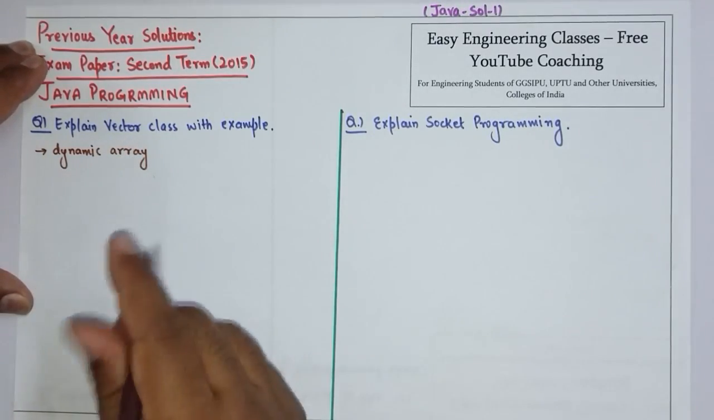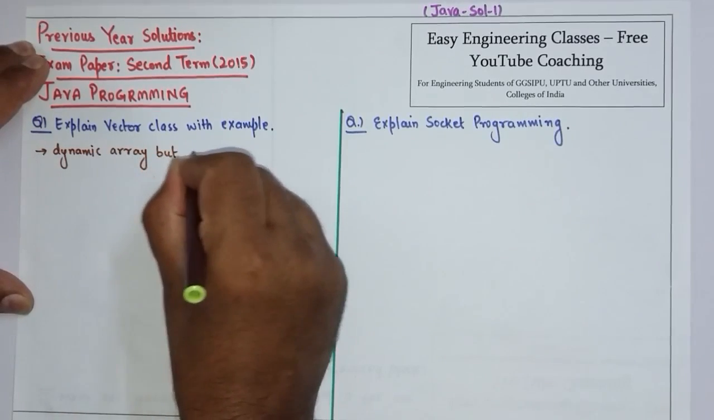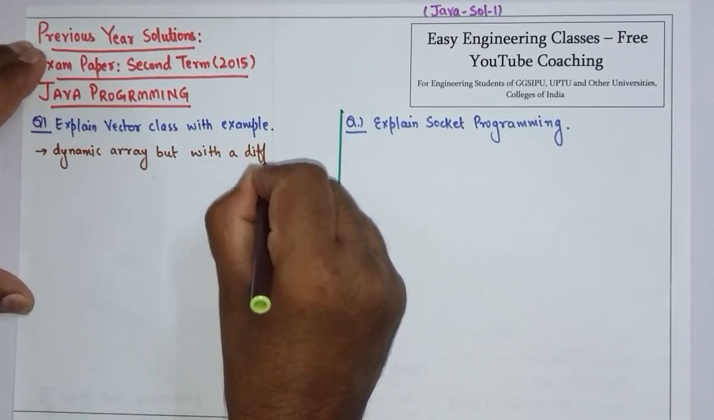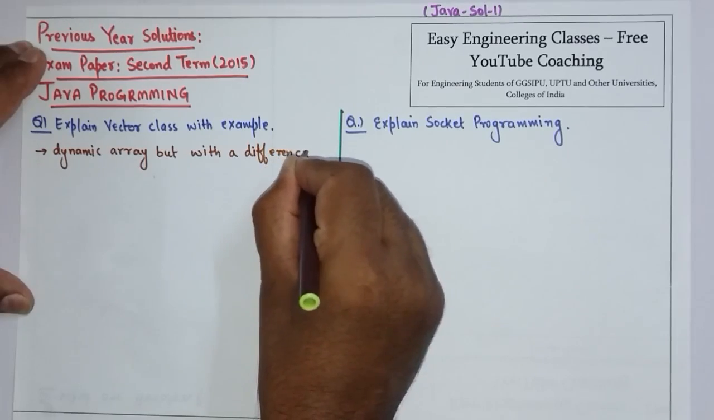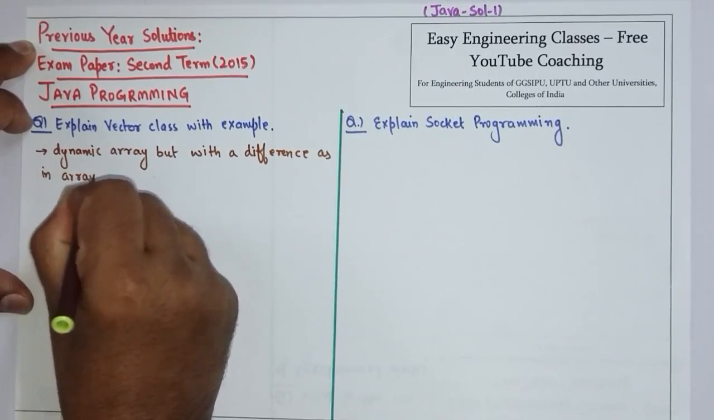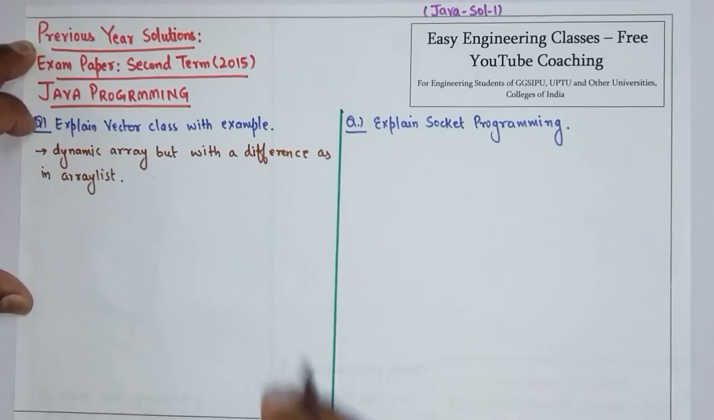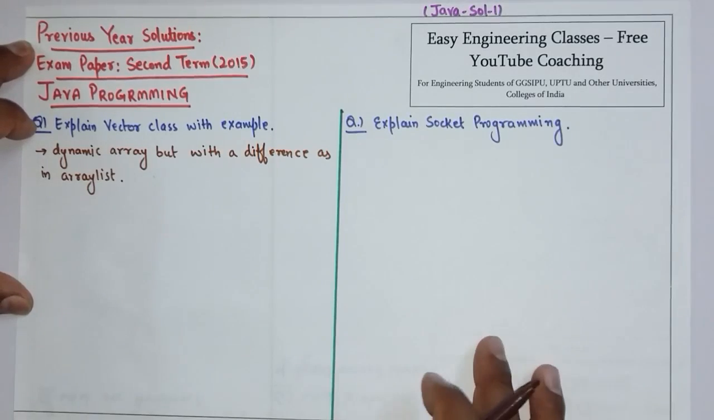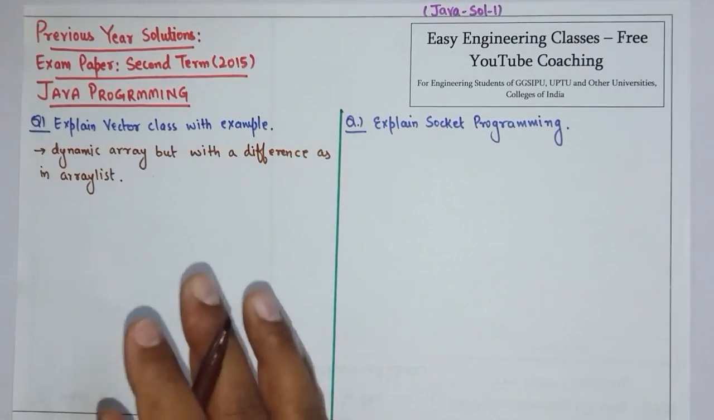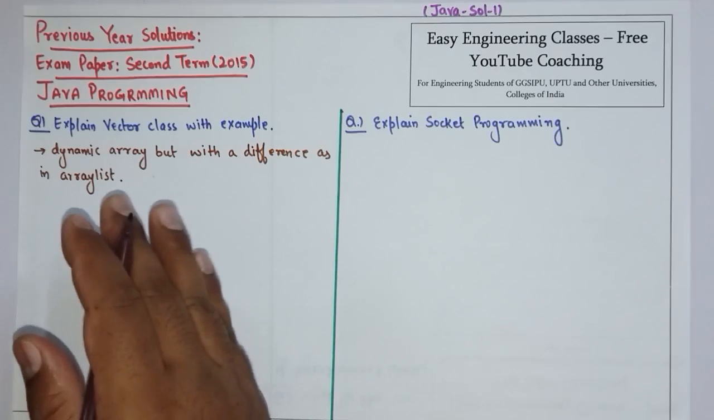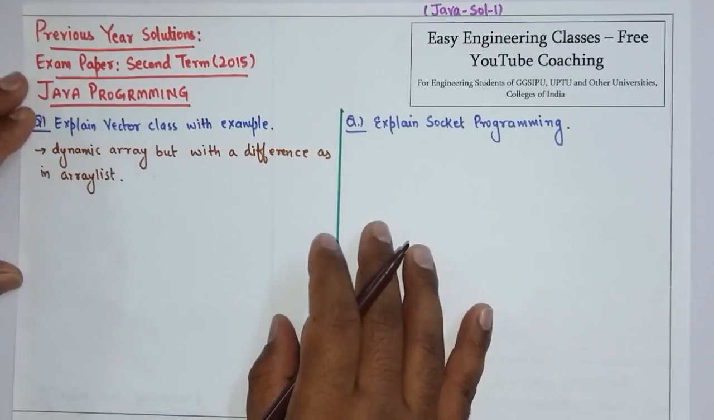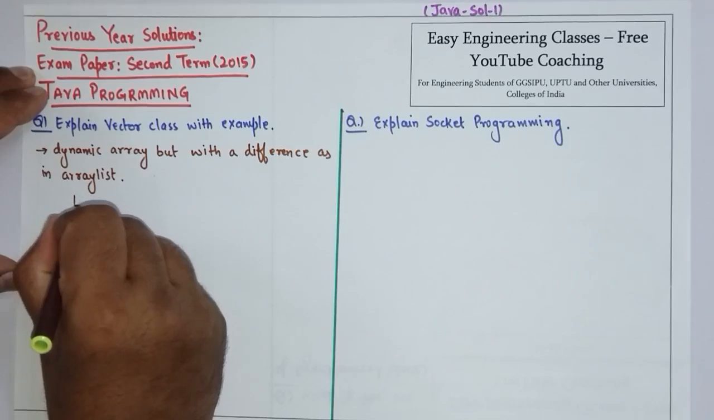Vector class implements dynamic array but with a difference as in ArrayList. Since ArrayList is also a dynamic array and vector is also a dynamic array, so there must be some kind of difference between the two. तो आपको क्या करना है, आपको डायनेमिक एरे का जो डिफरेंस है दोनों केसेस में वेक्टर्स और एरे लिस्ट में वो भी एक्सप्लेन करना पड़ेगा. So the difference is